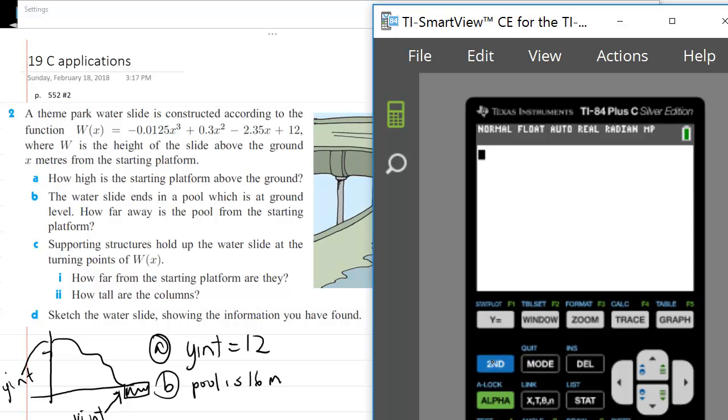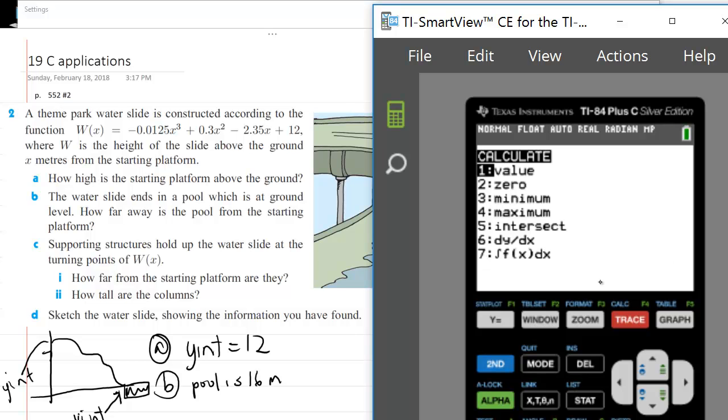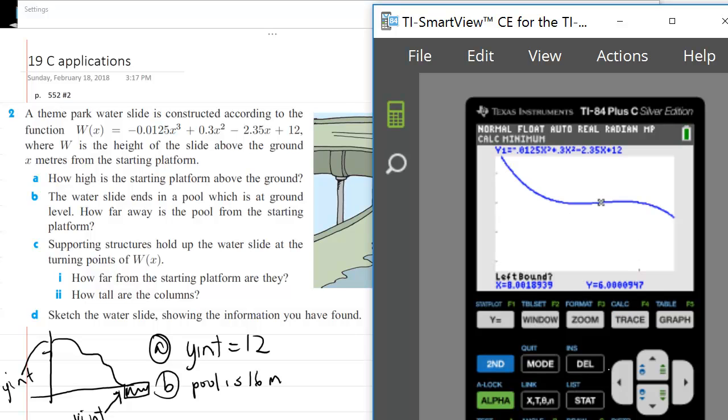So we're quitting, second trace, minimum, so that flat bound is probably where it is, so I can hit enter there. There we go. All right, so I found my minimum at